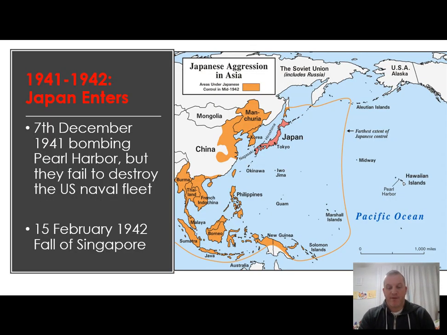Well, they're fighting and Operation Barbarossa is going on. You've got the Japanese getting involved, so they bomb Pearl Harbor. There've been growing tensions between the US and the Japanese throughout the 1930s because, for one thing, the US had frozen Japanese assets. And so the Japanese launched this attack on Pearl Harbor on the 7th of December, but they failed to actually destroy